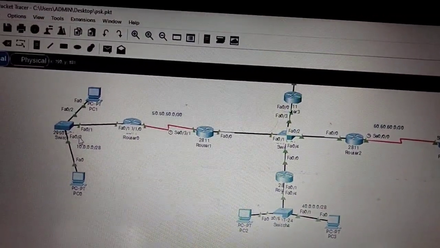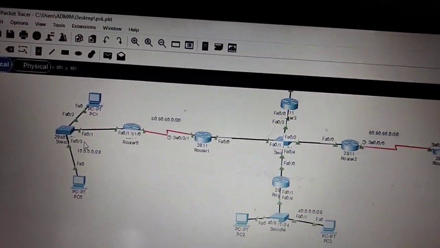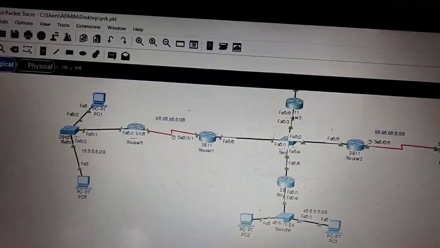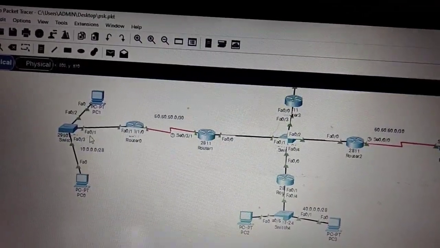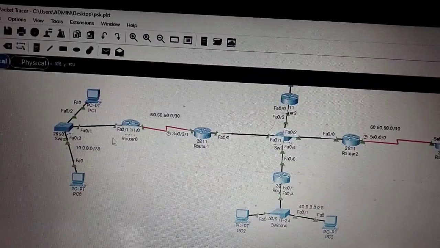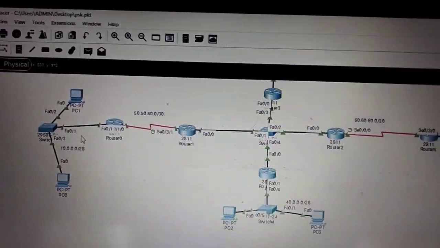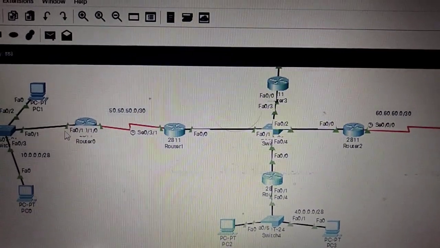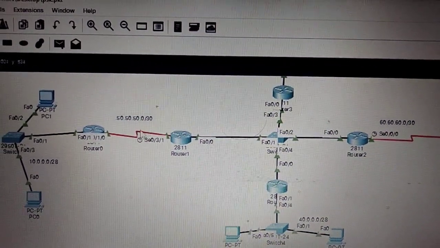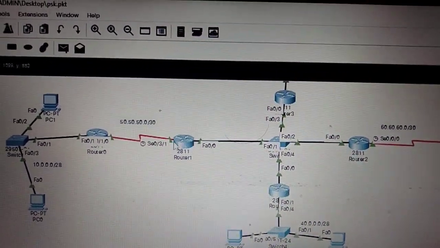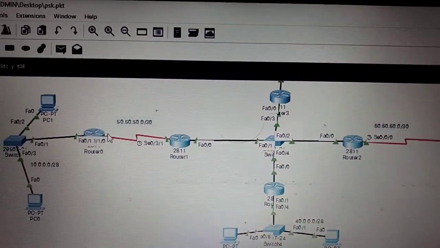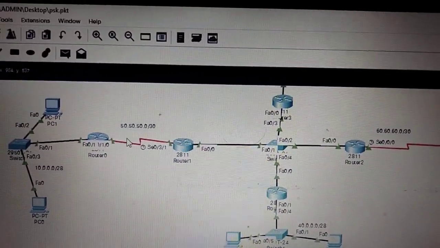Or if we are connecting router to switch, we can take only a straight through wire. Don't take any other connection wires, only straight through. For this also, if you take straight through, it will not be able to connect. You have to take only